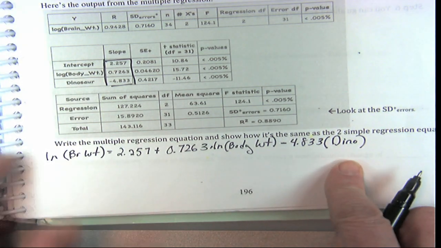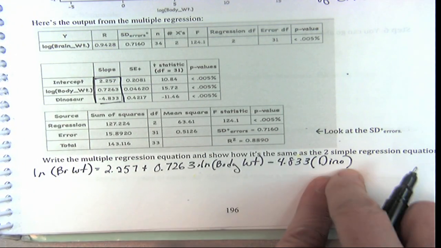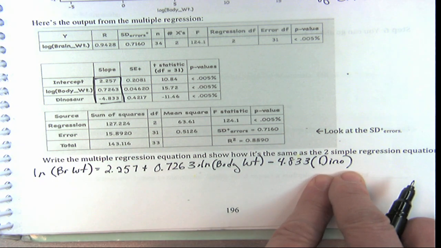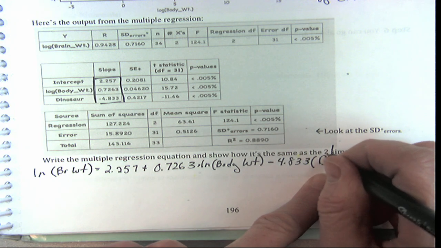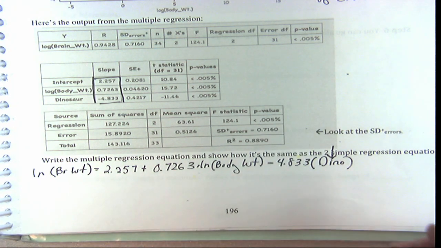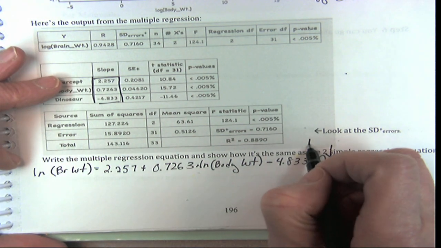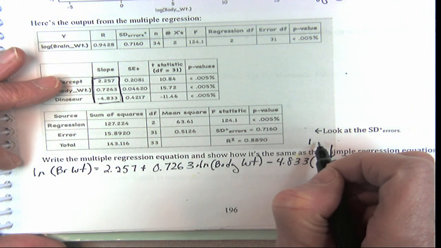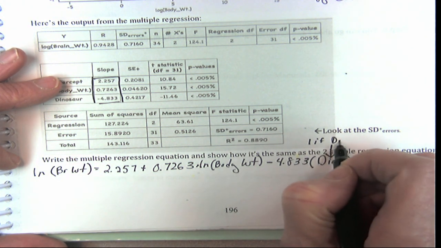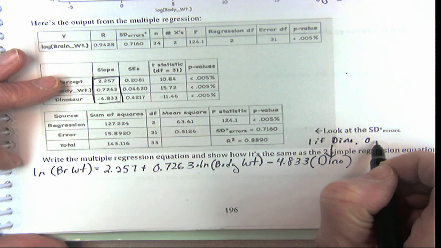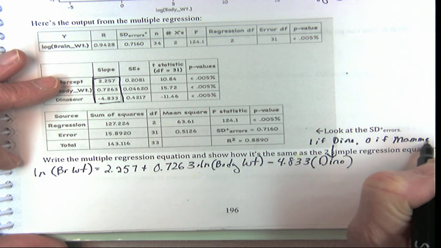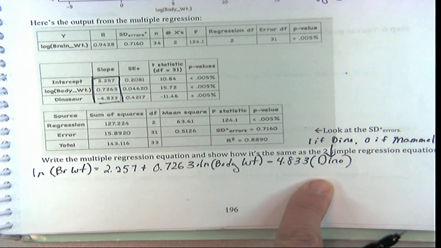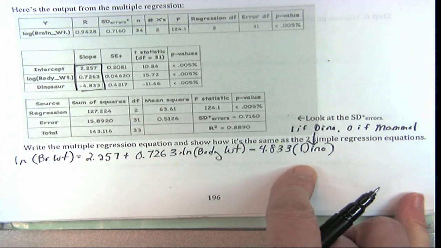Well, this variable is coded as, here, I'll write it here. This is coded as, if you're a dinosaur, it's 1 if dino and 0 if mammal. It's a 1-0 variable, okay? So now,